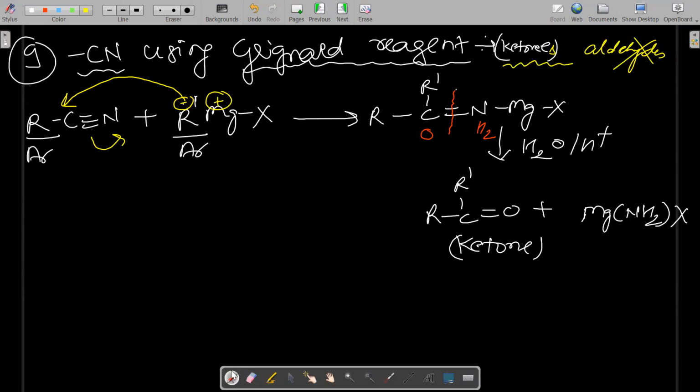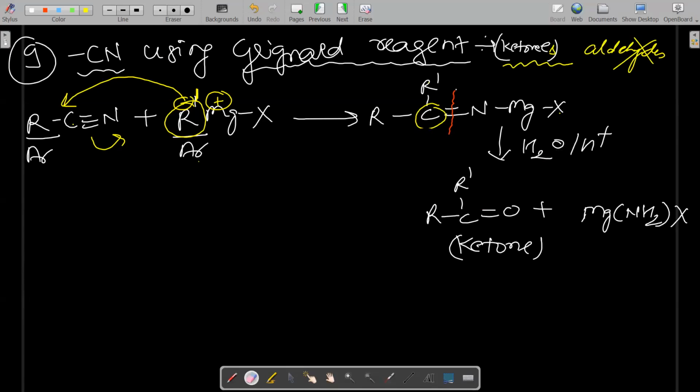So what I told over here, cyanide, this cyanide, again I can write over here. So this cyanide may be aliphatic or aromatic. Grignard reagent, again, it may be R or it may be Ar. So in the Grignard reagent this alkyl group attacks the carbon and the pi bond shifts to nitrogen. So what you see, this alkyl we take as R dash. At this carbon, the Grignard reagent alkyl group is attached and MgX is attached to the nitrogen, and then followed by hydrolysis.